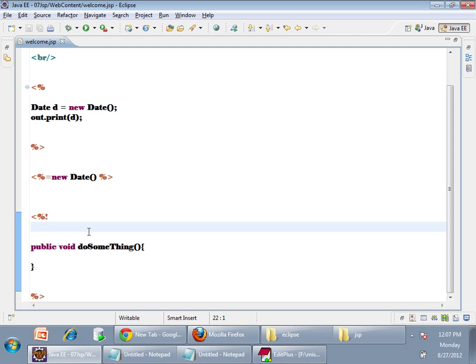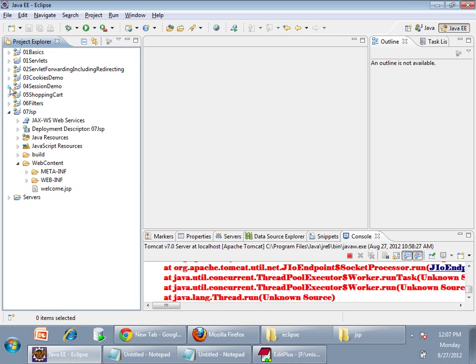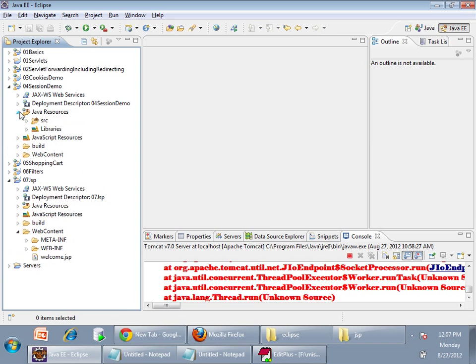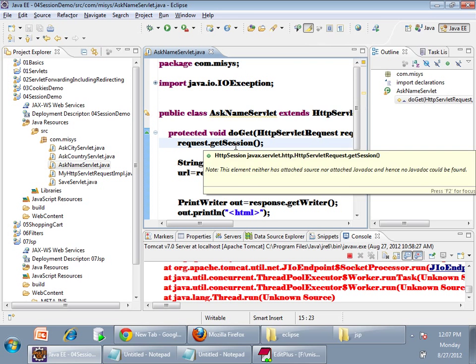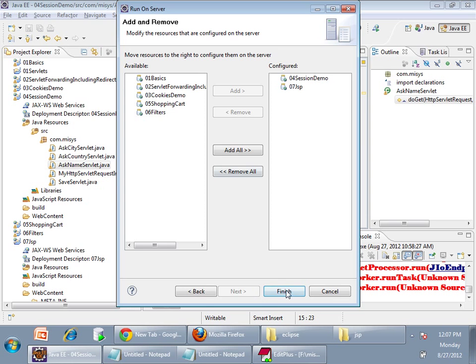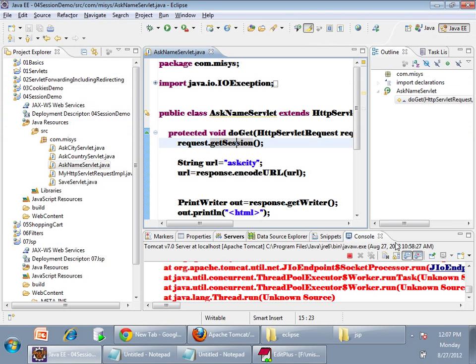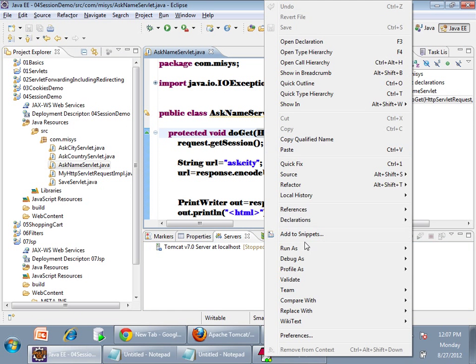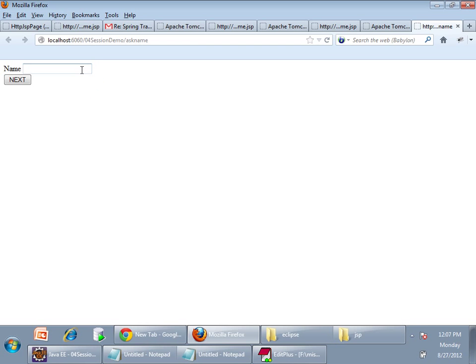Okay. Now take an exercise. Once you know these basics, take a small exercise. Earlier we have written the session demo, right? What was the output? First my first select was ask name. Okay, I'll just run it and show you. Why is it giving an error? I'll just restart my server. Yeah, name, right? Once I submit,